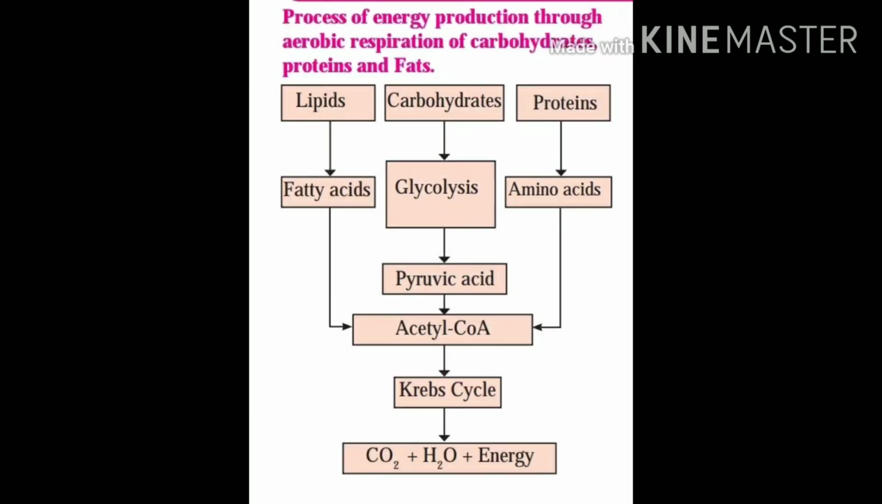See the chart showing the process of energy production through aerobic respiration of carbohydrates, proteins and fats. Firstly, carbohydrates, that is glucose, enter the process of glycolysis. In this process, glucose is converted into pyruvic acid. This pyruvic acid is again converted into acetyl-CoA. The acetyl part of acetyl-CoA is completely oxidized through the Krebs cycle or TCA cycle, and through this respiration, energy, carbon dioxide